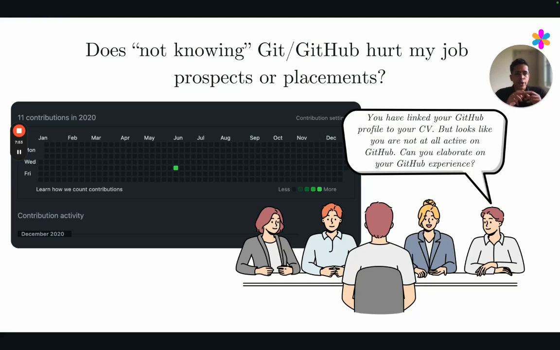So not knowing GitHub or not using GitHub can definitely hurt your job prospects or placement prospects if you are currently a student in a college, especially while applying for roles that involve coding or working in a team on certain projects of that nature. So this is why it's extremely important to know GitHub. It's also extremely important to use it. And when you are part of a team, obviously you will end up learning it, but maybe in the painful way. And this course will try to make it as seamless as possible for you.